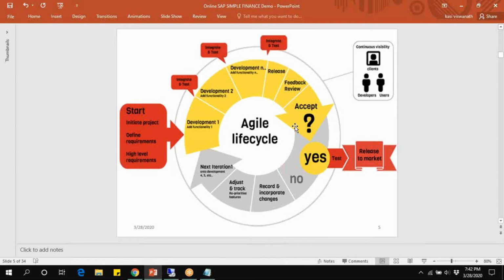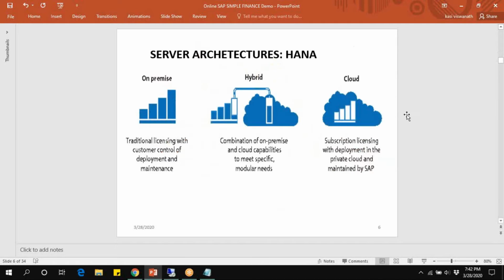This methodology we use: development 1, development 2, development add-ons, release, feedback, review, accept. But the majority of clients are not happy with this agile methodology. Later on, they revised the hybrid edition as active methodology. I will explain what active methodology is.